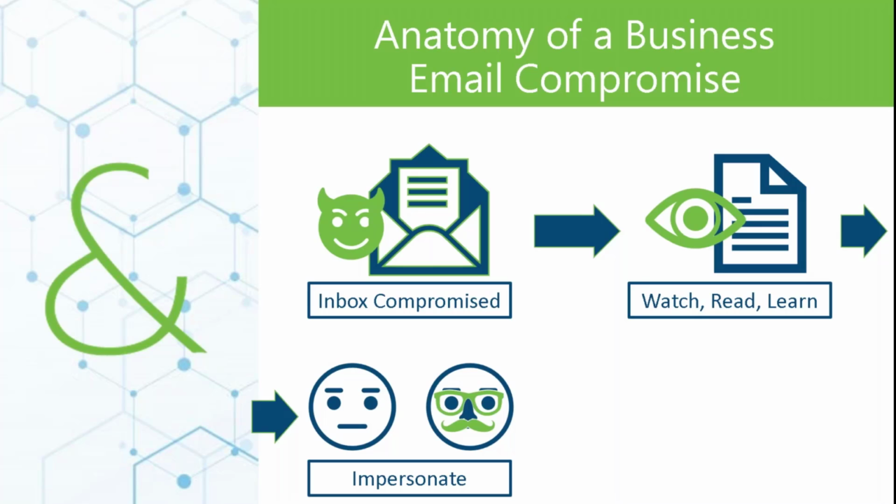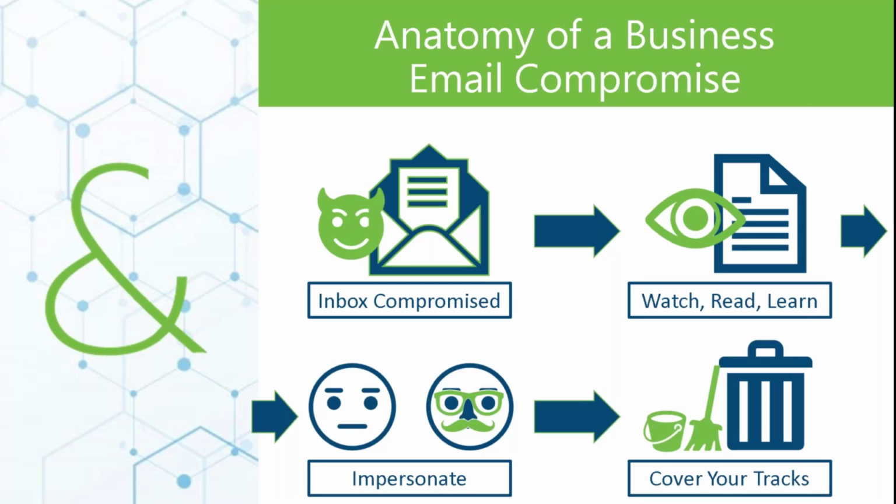And so this is how these impersonation attacks tend to go. And what we see a lot of the times is this inbox compromise that happened. The first time we learn about it is, unfortunately for too many organizations, when that impersonation happens and we're on the phone with our client and realizing that there is actually a problem. And so that's why detection is so important to this, is figuring it out before it becomes an issue for you and